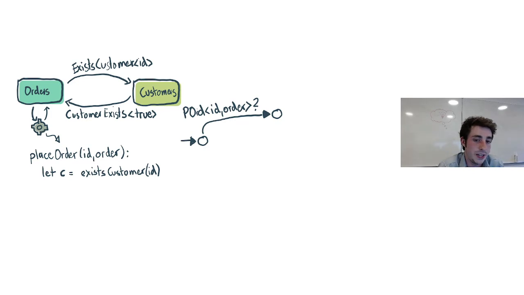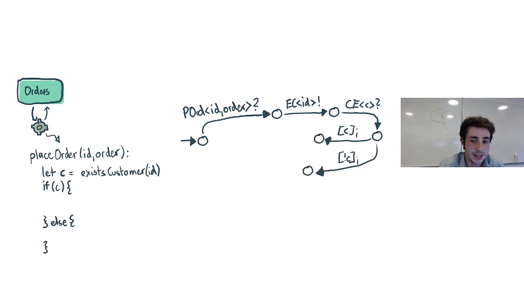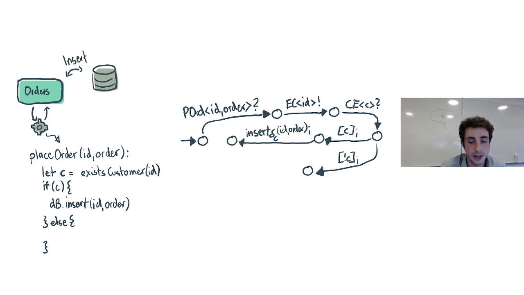Next, we contact the customer's microservice and we will get an answer, and we model this again by sending an event. So here the exists customer event is sent, and we model this by an exclamation mark, and then we receive an answer again with a question mark. And next we implement the if branch that we would have here. So depending on the answer that we get, we will either go in the one path or we will go in the other path. And if it turns out that the customer exists, we will directly model here the data operation on the database inside the automaton.